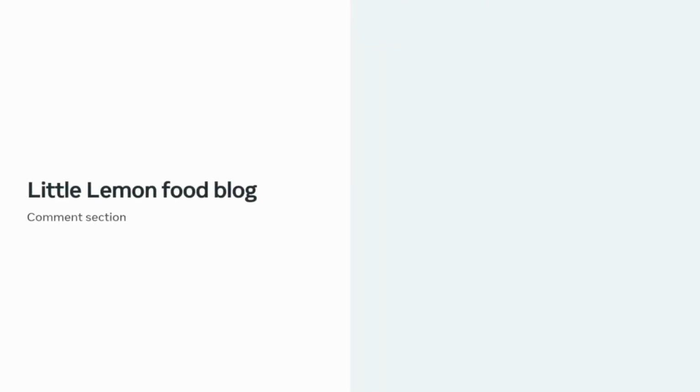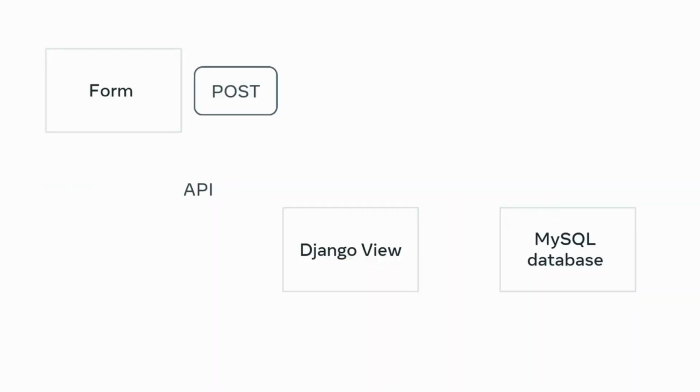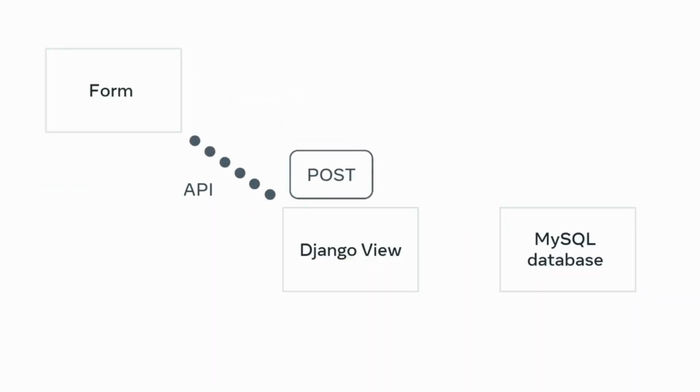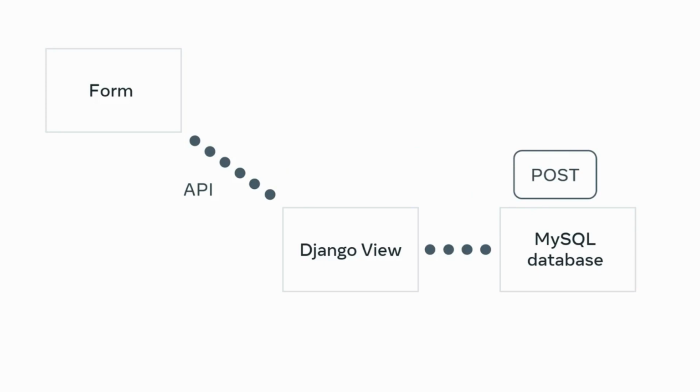By now you should know that the comments users add on websites are effectively done using a form. So this example will walk you through the steps to create a comment section for the Little Lemon food blog following the server-first approach. Let's briefly outline what the process will involve. The form will be updated by an API endpoint, which uses a post method to send a request to the Django view. The entered user data, or comment, is then added to a MySQL database, which was created earlier using